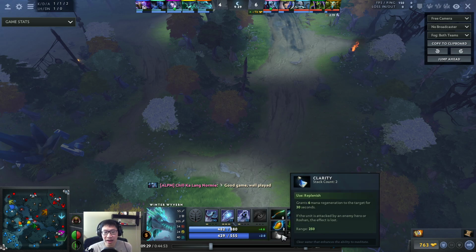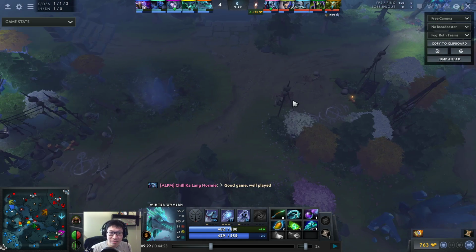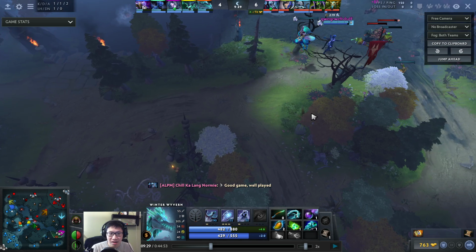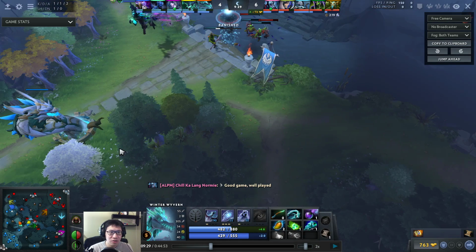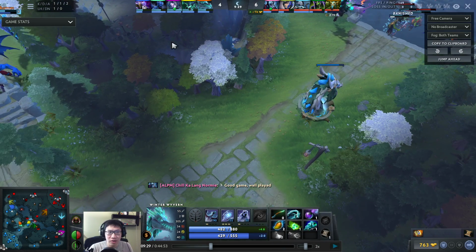Like, you had 2 mangoes and 2 clarities. That's kind of what I thought you were going to do, just spam out Splinter Blast. In the end, the laning stage still went pretty decently. We just covered that. So I don't hate how it went, but it does feel a little awkward because you did buy 2 mangoes and 2 clarities, and so, we're at this point now where you didn't use them, but the lane still went okay. And if we look at...